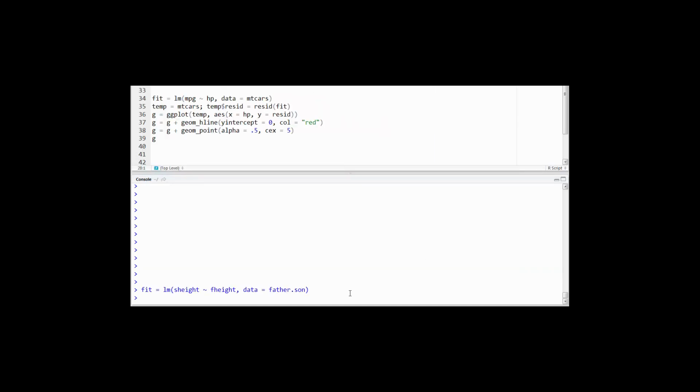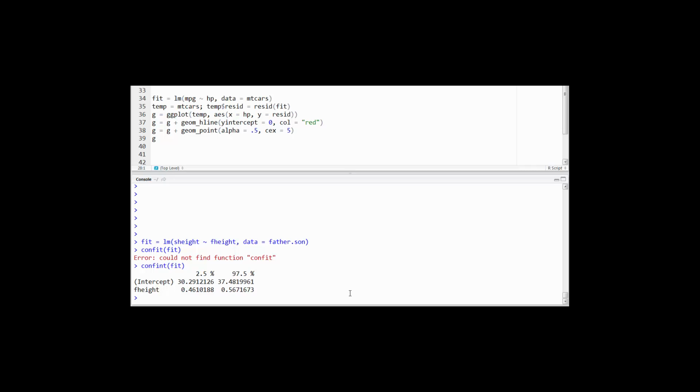And recall from the last problem, please rewatch that if you haven't, that we can do conf int of fit to get the intercept values. Without modification, this intercept is for the estimated son's height for a father of 0 inches. Of course, a father of 0 inches is not relevant for this problem.